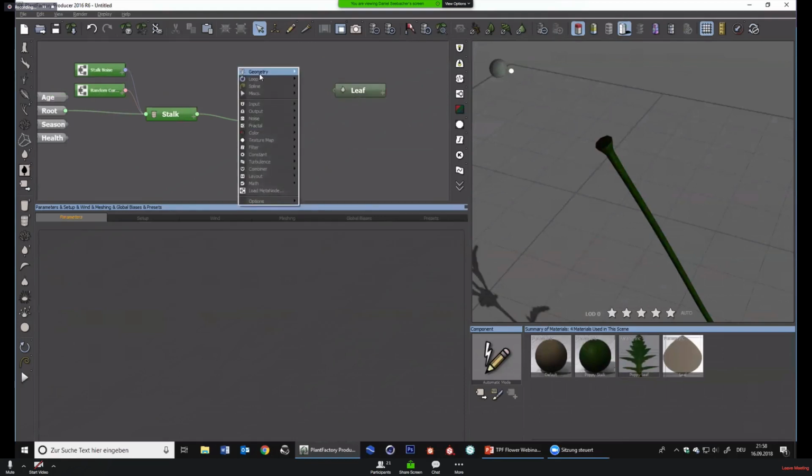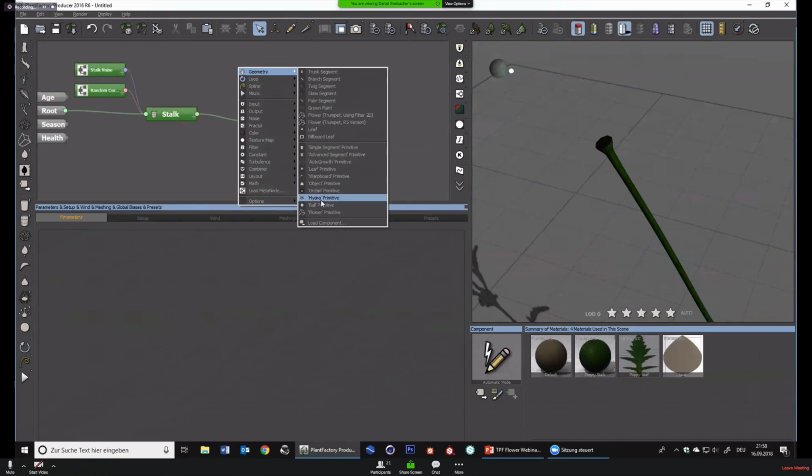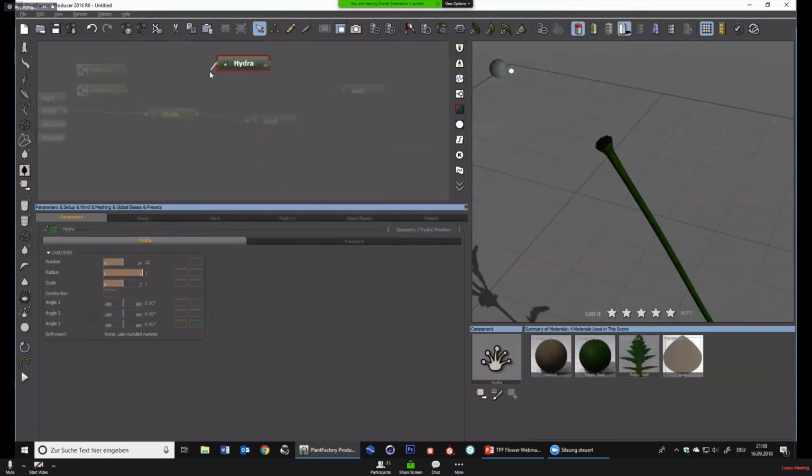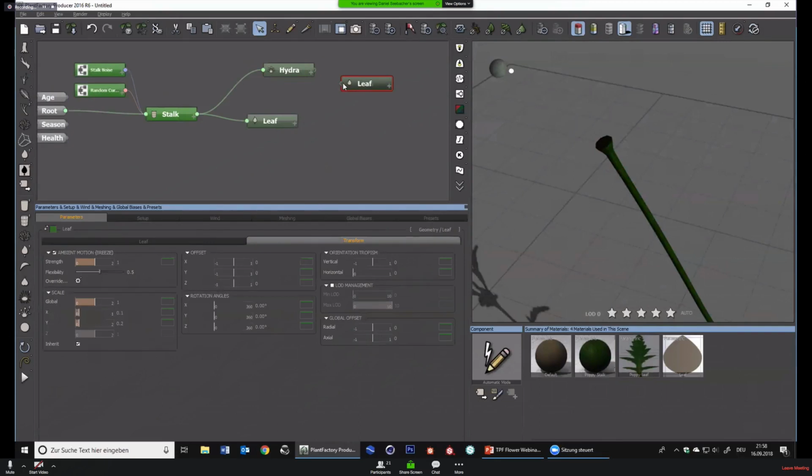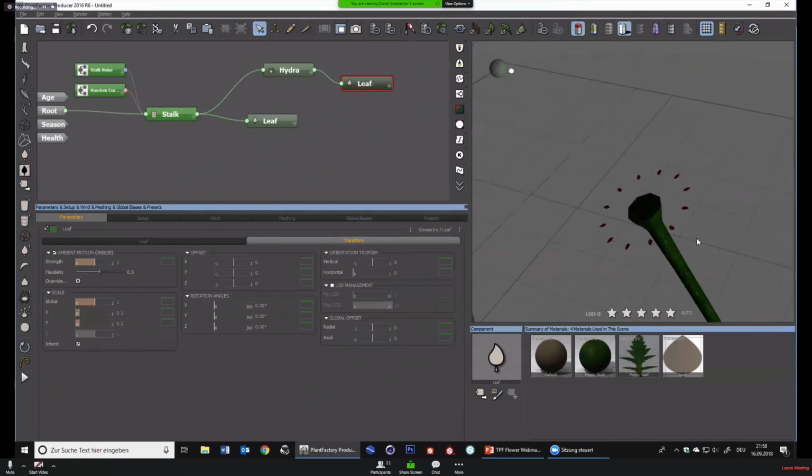And I would like to distribute this leaf node in a circle. And for this, we're going to use the Hydra object, which we used yesterday. So just as a reminder, the Hydra itself does not generate any kind of geometry. It only spreads connected geometry in a circle. Let's attach the leaf to our Hydra. And let's zoom in a bit. And the leaf is much too tiny. So